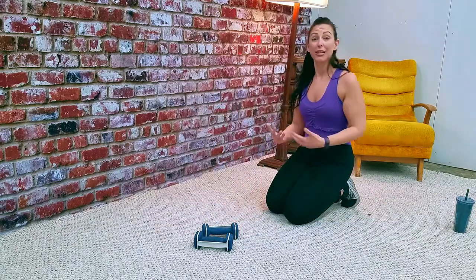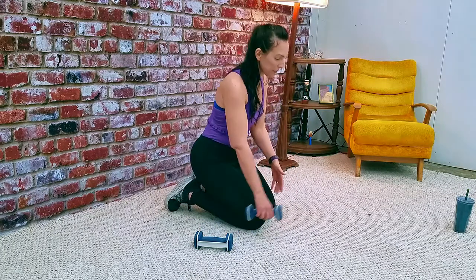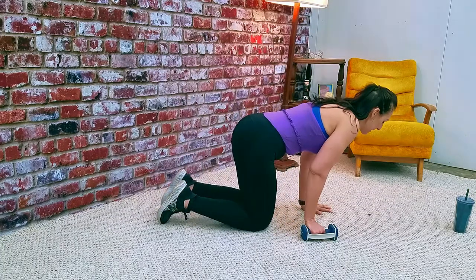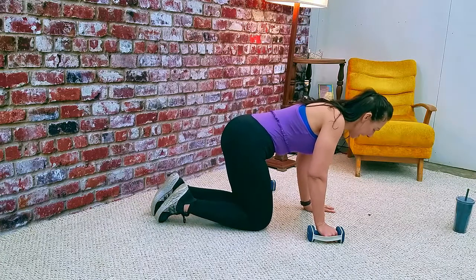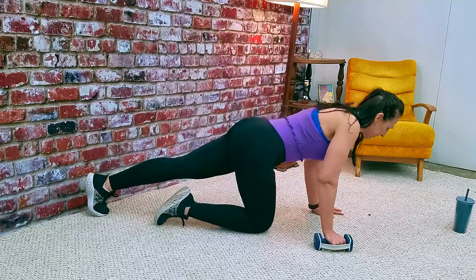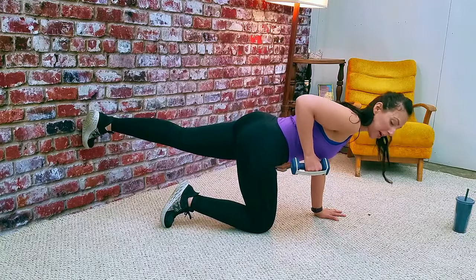I'm going to transition to the other side so you can see it a little bit more clearly. So this time, opposite hand's on the ground than was on the ground before. So this time I've got my left hand on the ground, and my right knee is going to be on the ground. Guys, I have to talk myself through this every single time. It's so crazy. Okay, so I'm going to lift it up, lift that arm, hold that elbow up high, and